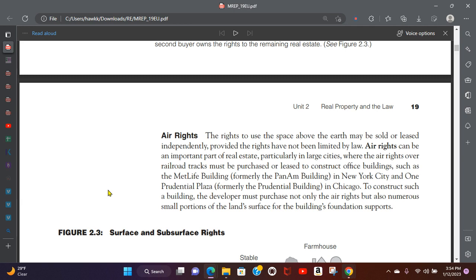Air rights can be an important part of real estate, particularly in large cities where the air rights over railroad tracks must be purchased or leased to construct office buildings such as the MetLife building. I said